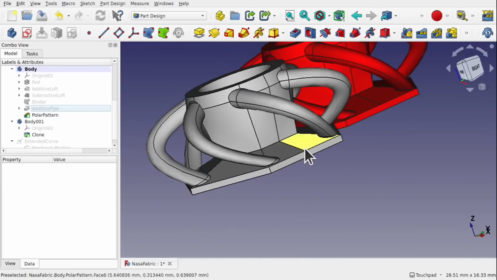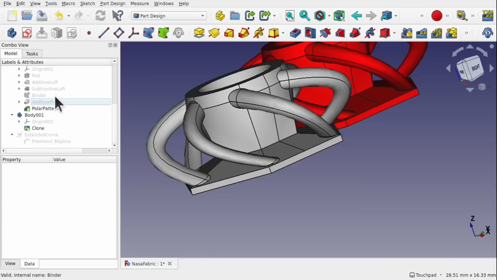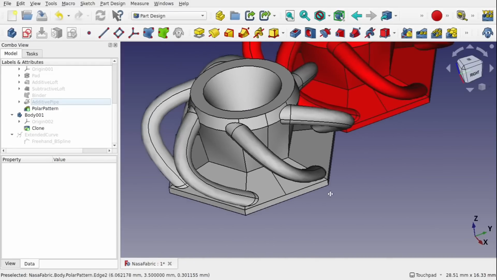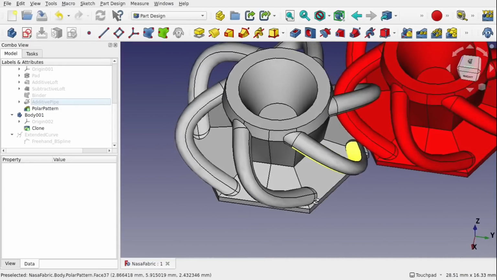Obviously we can do some finer adjustments on here, but this gives you an idea of the workflow that you would use to create such an object like this. So it's combining both the part design and the curves workbench. We're using the freehand B-spline to create these, attaching the profiles, and using our binder to pull in the freehand B-spline. As you can see, I was delayed with some of the attachments because I didn't have it attached properly, but this is what happens in real life. I'm not editing that out. So I'm showing you ways of creating that model without going down the perfect route the first time. Now we know this works